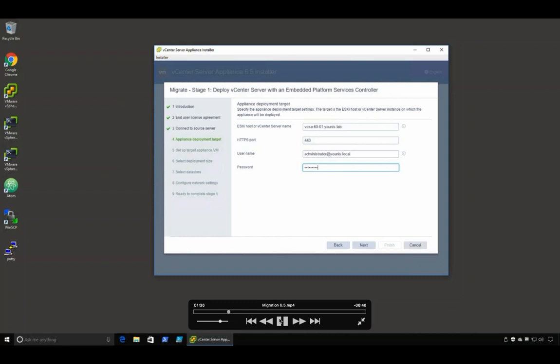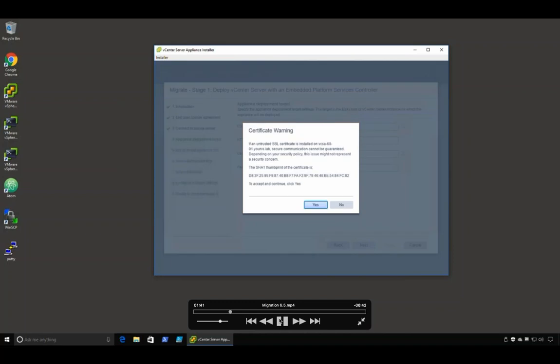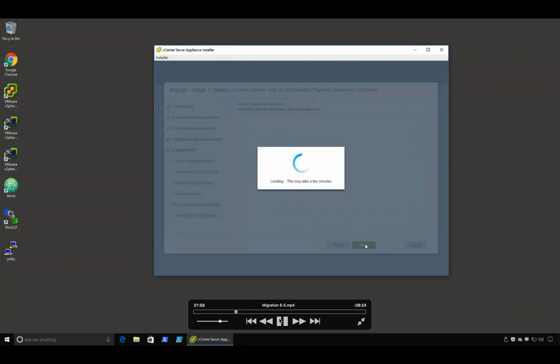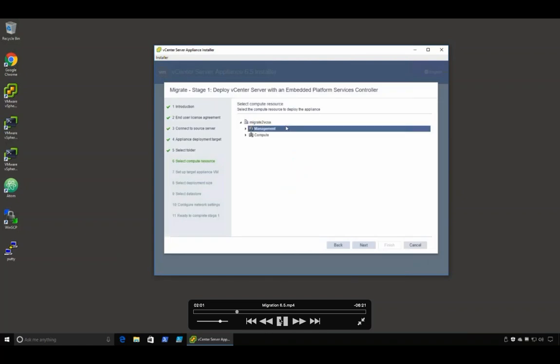I'm going to enter in my credentials to my VCSA because I actually have a management cluster there. And I get to select where I want to put this new appliance. I was lazy and didn't create any folders, so it's my lab. No one cares, right? Select where I'm going to be deploying it to. And then I'm going to